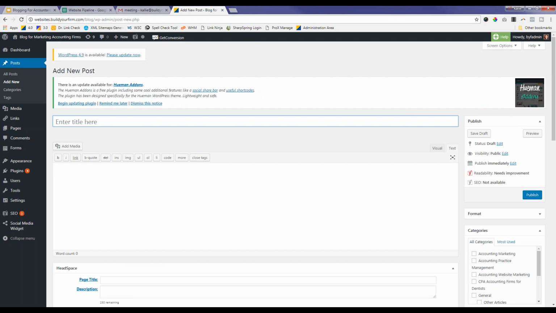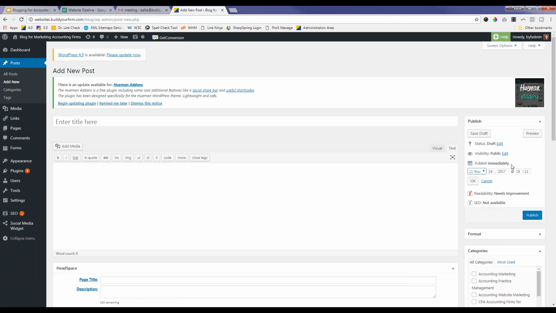The first box here would be your publish box. Obviously, this is just where you're going to save your drafts. You can preview your draft, and then you go ahead and publish your draft. A question that I get a lot about publishing drafts is scheduling blog posts to go out in the future. You have this publish immediate option right here, and you can always click to edit this, and you can schedule your blog post to go out at any time in the future.